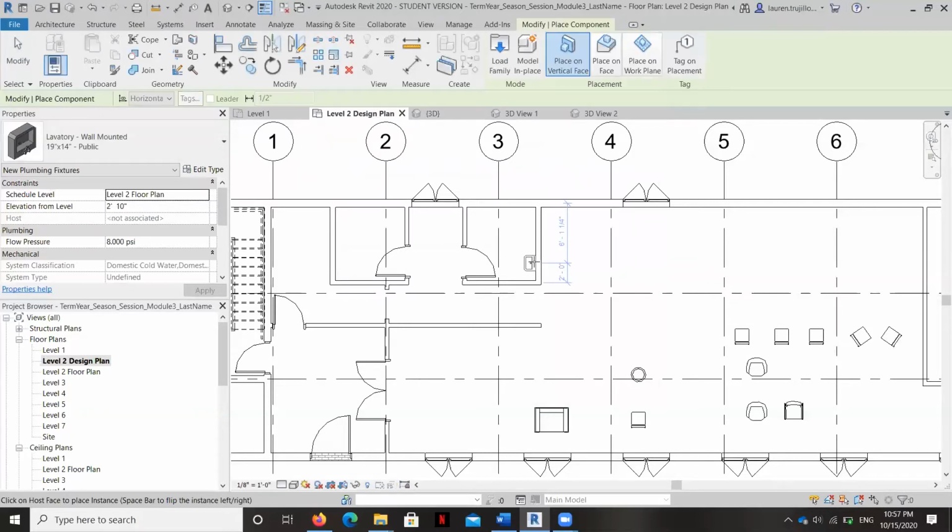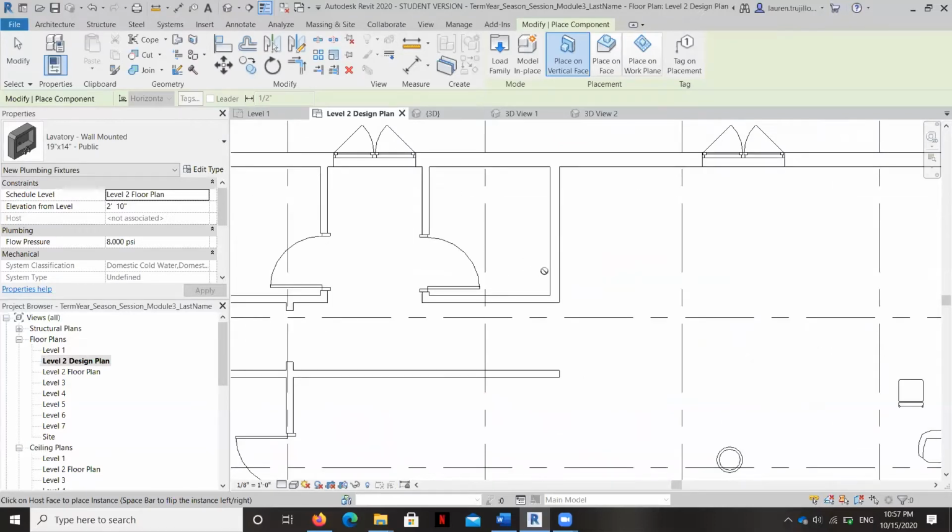In your construction documents class, you will learn how to create exactly an ADA compliant restroom. I'm just going to pop some things in right now, and that way you'll know how to do it, and then you can adjust as needed. But for right now, notice as I'm trying to place this sink, it's got that circle with the slash, and that's because it's a wall hosted element. So it needs to be stuck to a wall.